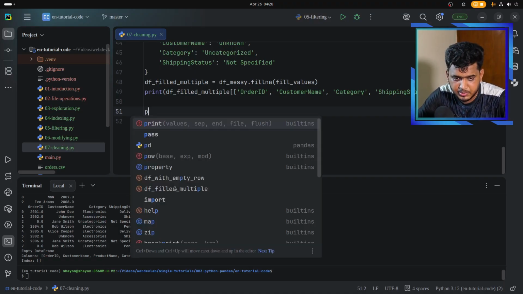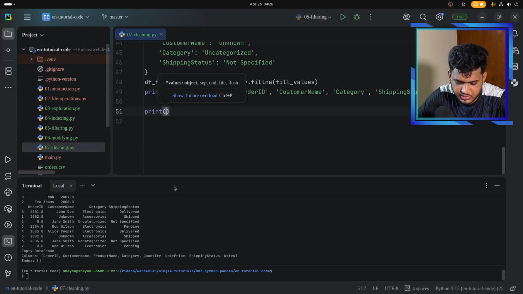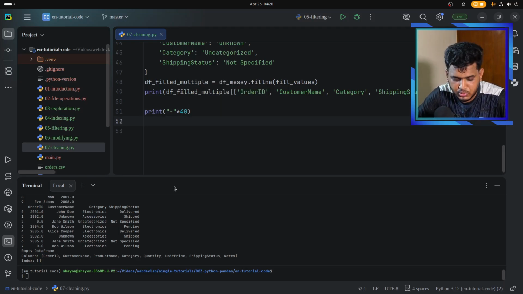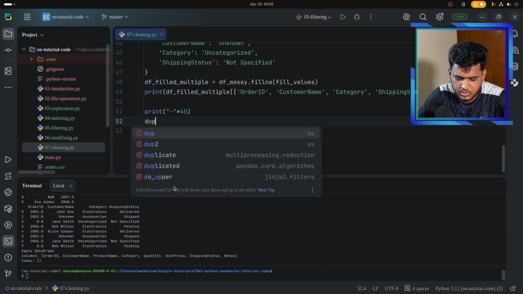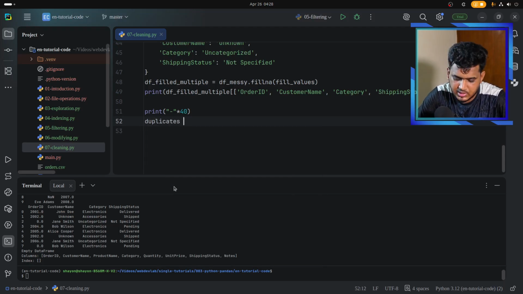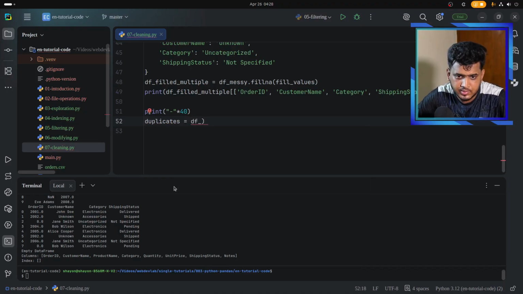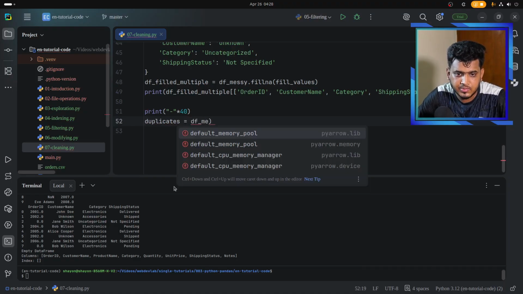For that, let me write print multiplied by 40. Again, I'm going to create a variable. duplicates is equal to df_messy